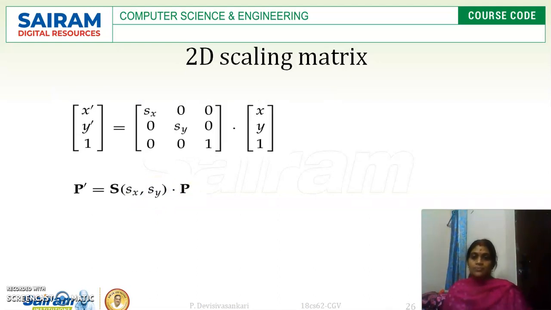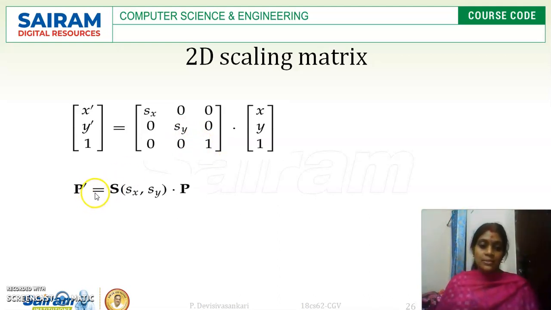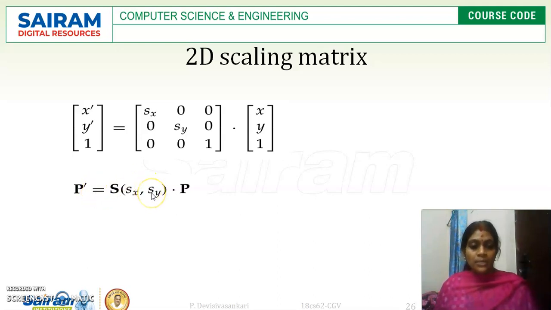Next to the scaling matrix. So the scaling matrix also, by introducing the homogeneous coordinate 1. Okay, so Sx, Sy and 1. Remaining all the values will be 0, because in the x we are multiplying the scaling factor Sx. For the y we are multiplying the scaling factor Sy, and this is the homogeneous coordinate, right? So the new P dash value is equivalent to S of Sx comma Sy into P. Okay,